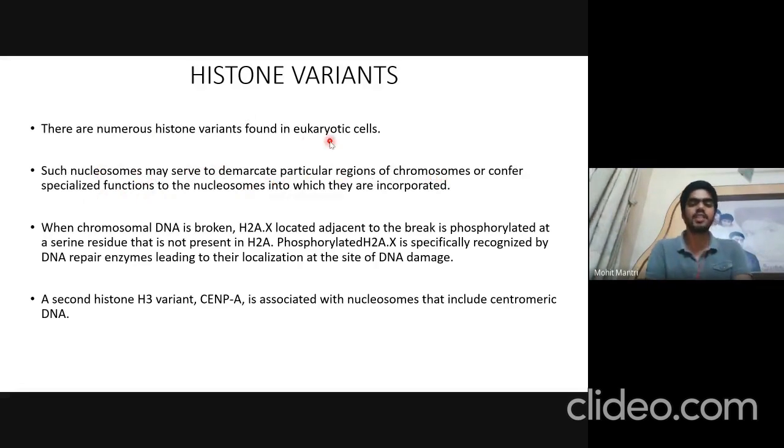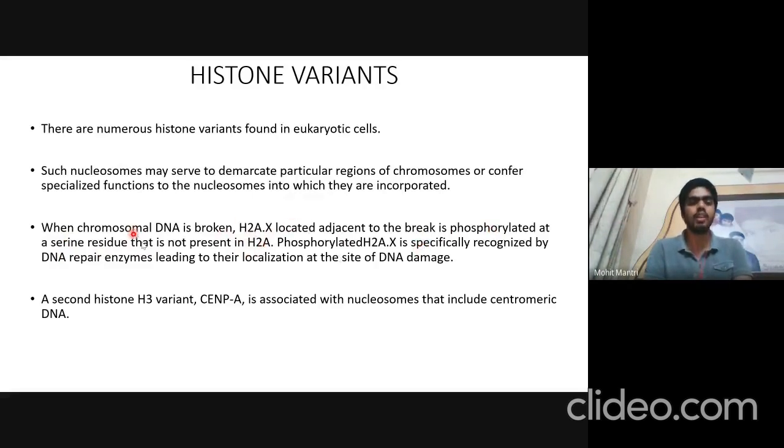So this helps in identifying certain regions of the chromosome, which I will explain right now, and also may help in specialized function. An example of specialized function is when chromosomal DNA is broken. The nucleosome which contains H2AX, a histone variant of H2A, is involved. Some nucleosomes will contain this H2AX, and in case of chromosomal breakage, the H2AX histone variant located near the break is phosphorylated at a serine residue that is not present in H2A. So the nucleosome which contains H2A will not have this serine residue and will not be phosphorylated, but this H2AX